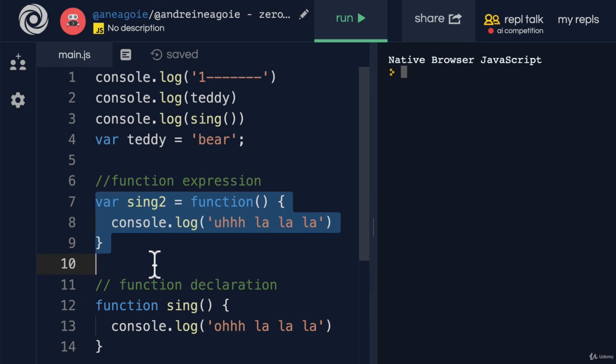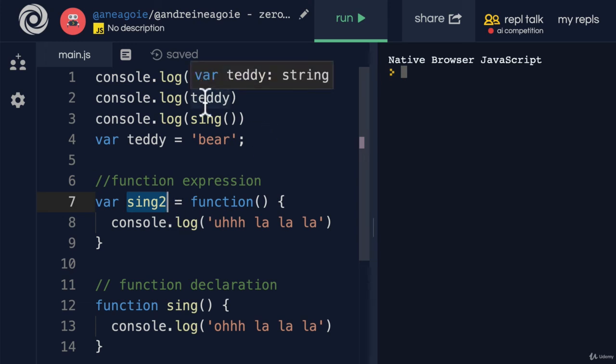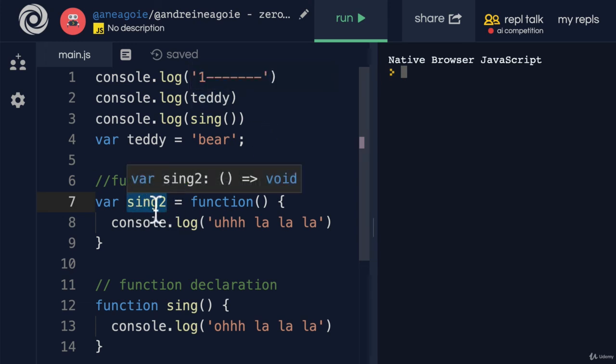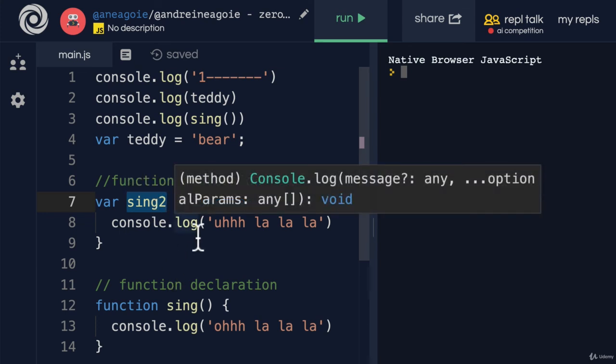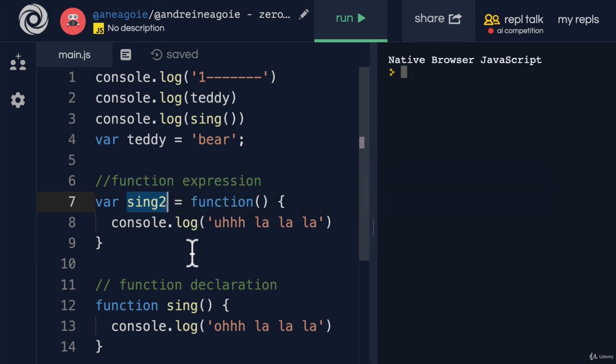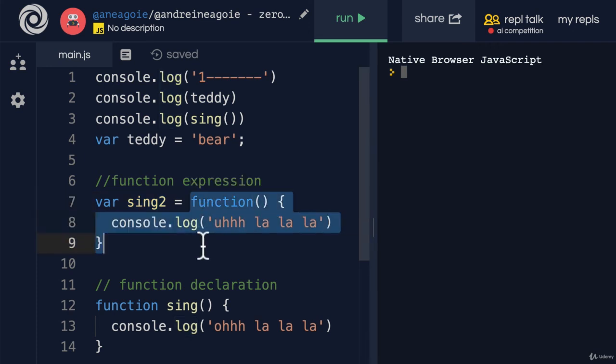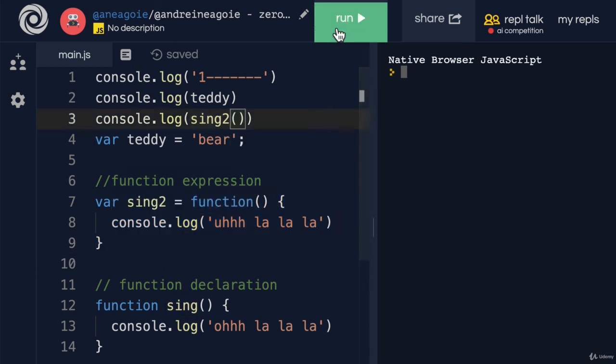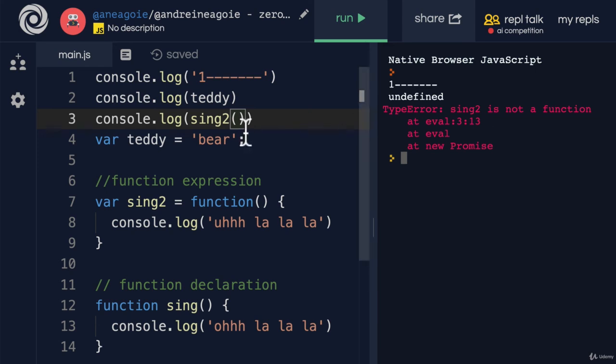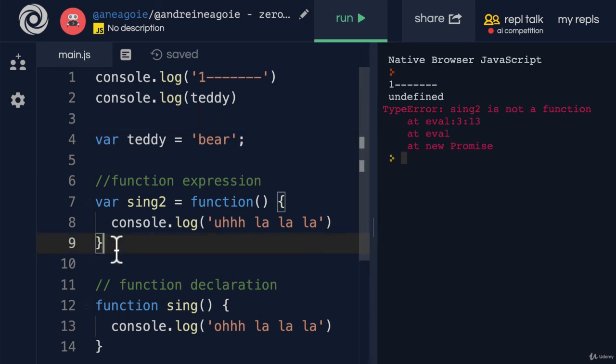Well, during the creation phase, this variable is going to be hoisted up here, and it's going to be assigned undefined. So with a function expression, until the execution phase reaches it, that is, it has hoisted everything, and now we're in the second part where we start running the code line by line, well, a function expression is only going to be run after it was defined. So I can't do sing2 here. I'll get an error. It's not a function. But if I move this line after we assign it,